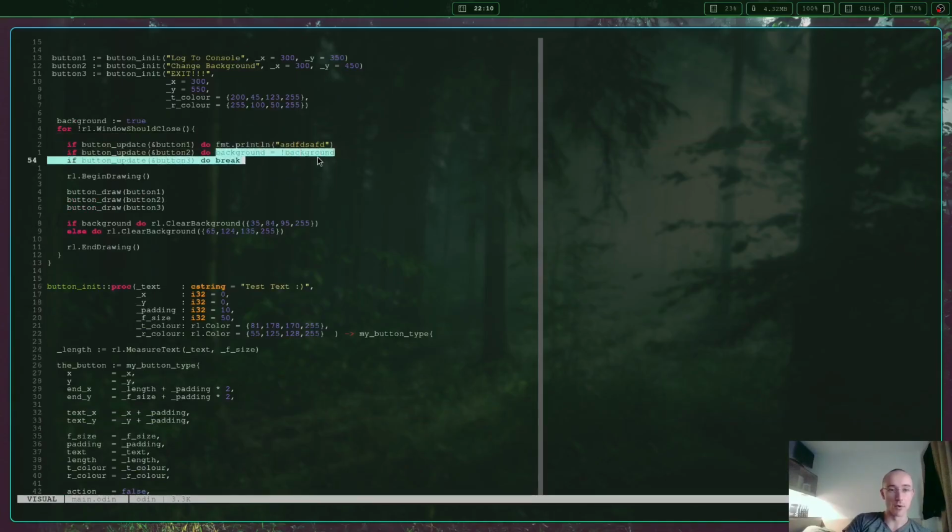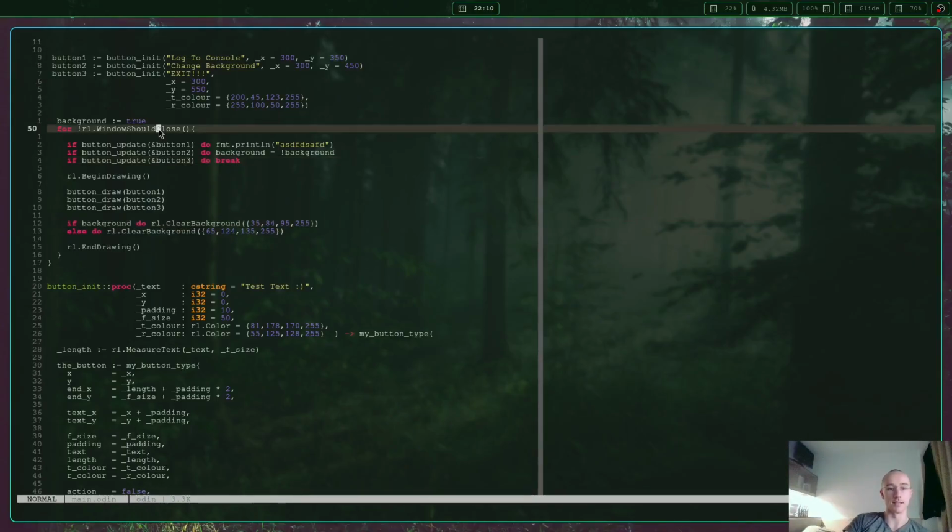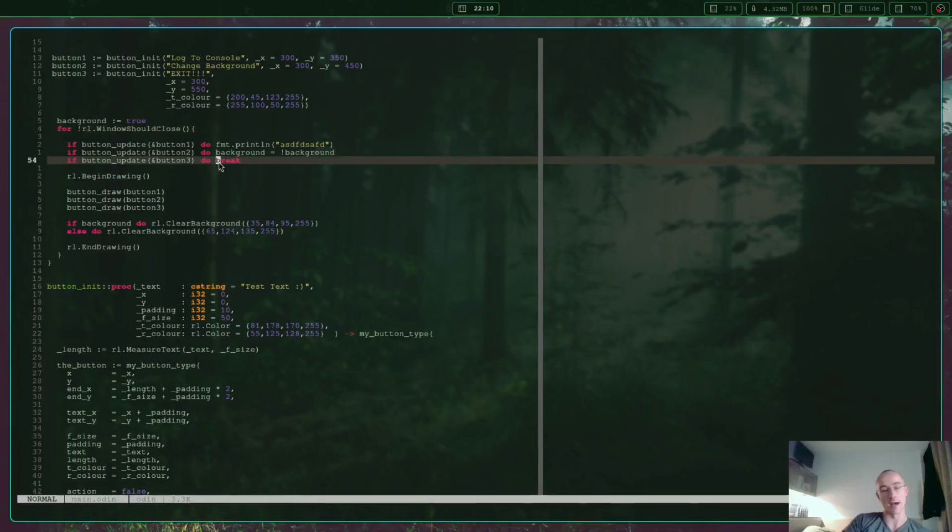I created a new boolean value. If that is true or false, decide which type of background you are going to print out. So you're going to clear the background either light mode or dark mode. And the exit button, because this is the main loop, if we break out of it, we break out of the whole program. So yeah, that was my little project for the day,